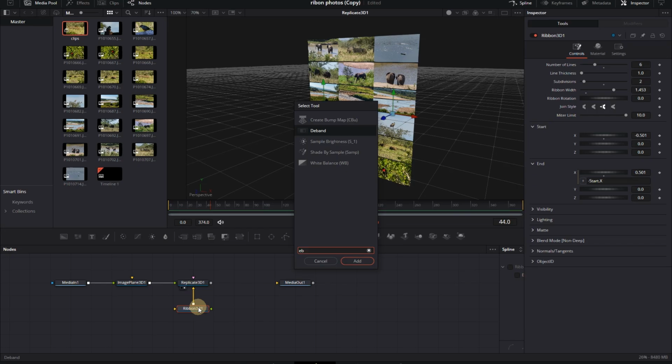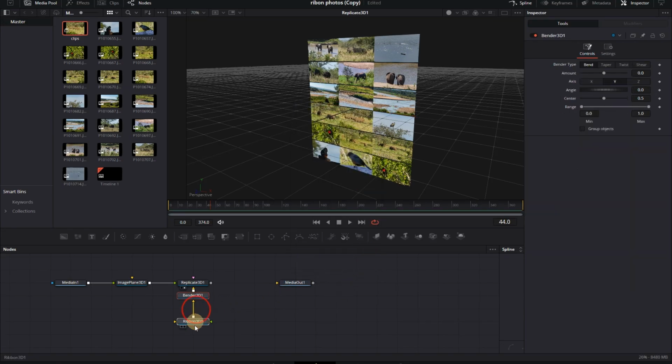And let's go crazy and add some 3D nodes. The Bender 3D is one of the richest.